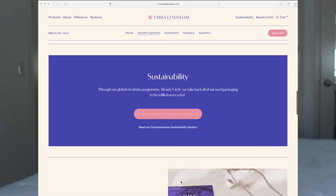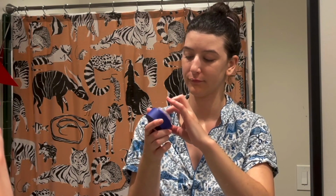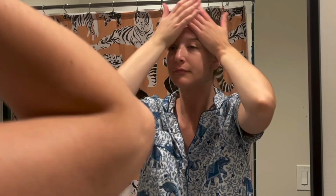So I tend to be wary of thick night creams. Again, having skin that can be a bit temperamental, it's really hit or miss for me. So I started very small with this product. I used a smaller than pea size amount at first and built my way up to now a normal amount. I really love the feel of this product. Although it's all natural, it feels like a super rich, nourishing luxury product. The texture is pretty remarkable. I get a very nice healthy glow from this product, but it actually doesn't sit that long on top of my skin. I feel like my skin just drinks it up. So by the time I'm done brushing my teeth, I'm definitely ready for that next product,